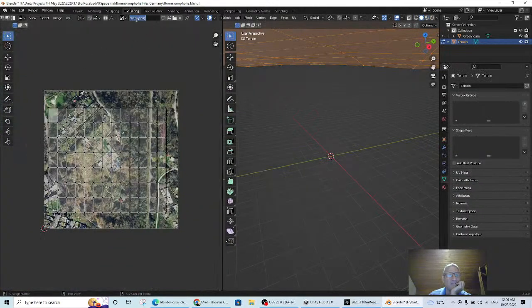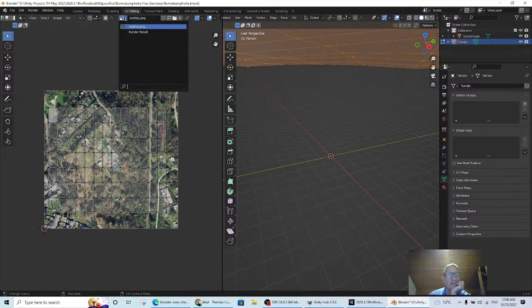And the thing is called overlay. And I'm going to name this Bonacamp SAT, SAT for the satellite picture. And then I'm going to,